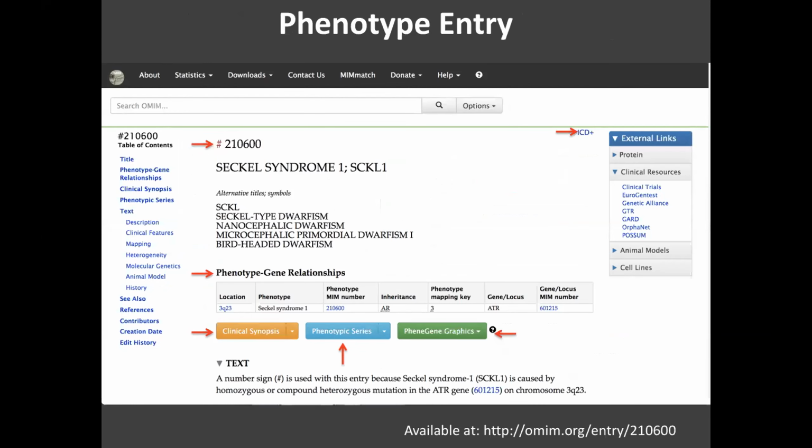This is a phenotype entry. This is one of the phenotypes caused by the gene I just showed, structured appropriately for a phenotype, so not exactly the same information as what's in a gene. We have clinical synopses, phenotypic series, which shows that there's more than one gene that can cause Sickle syndrome, and they have different numbers to distinguish them. And then we show the same